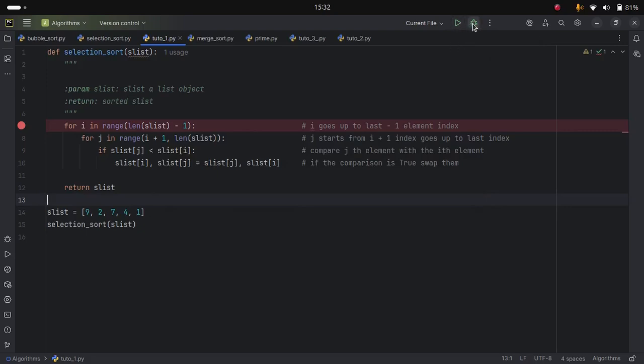But before clicking on debugging, one should define a code to execute and one should define where the program needs to be stopped. This is done by breakpoints. So this is my code. I want to execute selection sort of this list and I set my breakpoint at the beginning of the first loop. Now I can hit the debugging button,